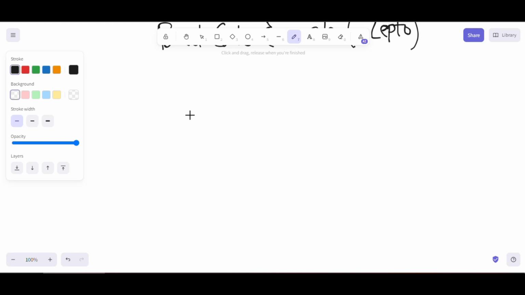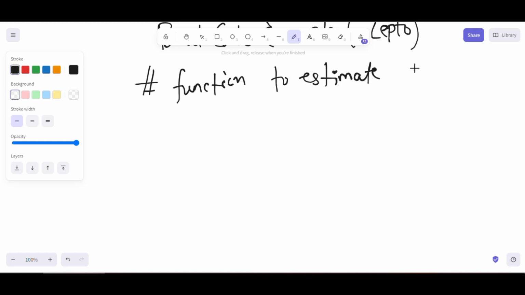You will write a function like this, a function to estimate the delivery time. Try to understand. In this, I will calculate time.